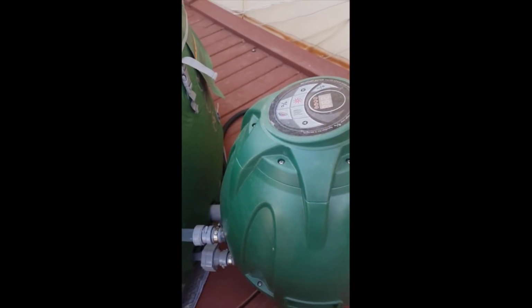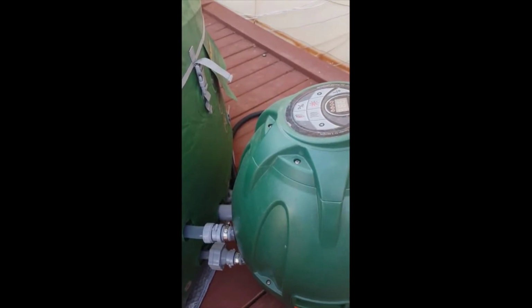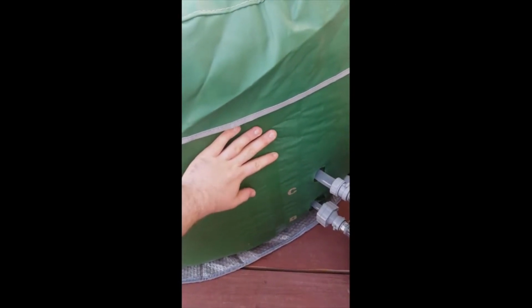I have had it, what was the coldest day I'm trying to think of? Maybe 15 degrees, and it stayed right at 102 to 104. Do need to add some air in it because the temperature keeps changing, so I'm lacking a little bit of air in here. Let me open it up here. It's got these nice little straps. Alright, let's see if I can get it open with these. Probably need to add some more water too. I ain't been in here for a while, but